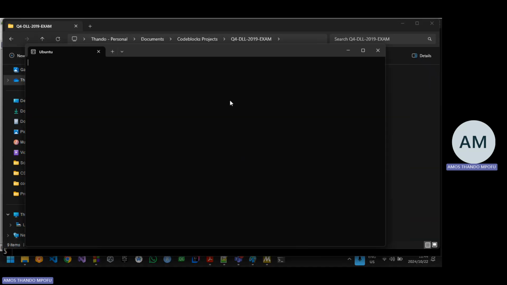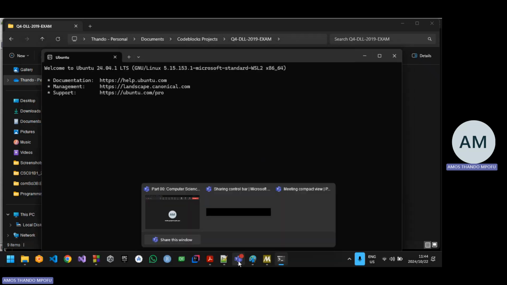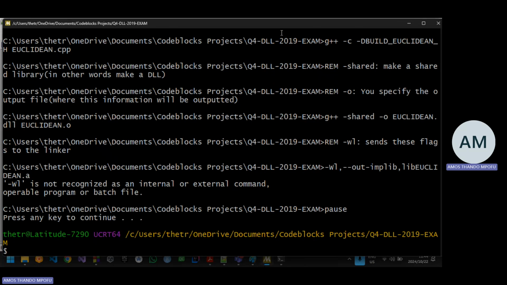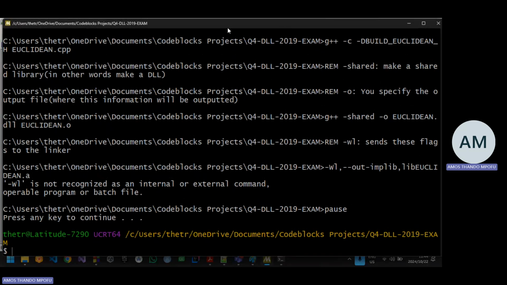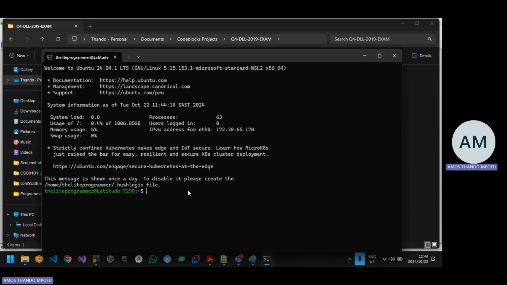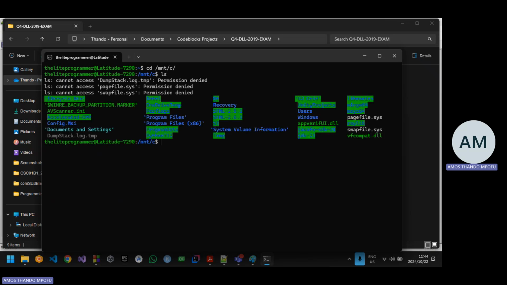Let me try Ubuntu, but everything is fine. We have the DLL. You've answered the question. I'm just doing extra things to make sure that we don't have any warnings or errors. So this, you could have attempted the DLL bonus, but that's for next year's first years. So I'm gonna cd into mount C drive. So now I'm in the actual C drive. And then I'm gonna move into,